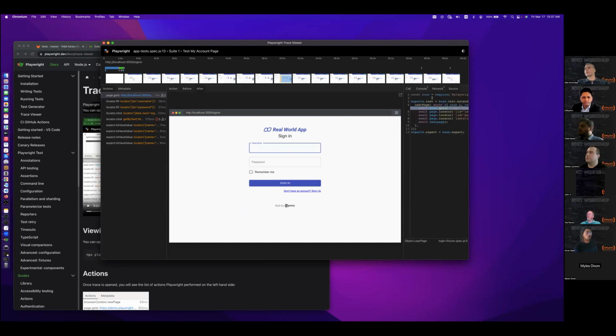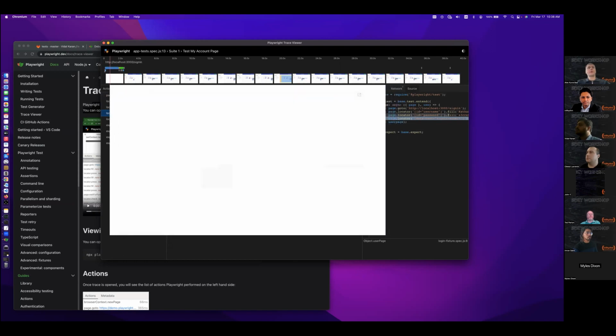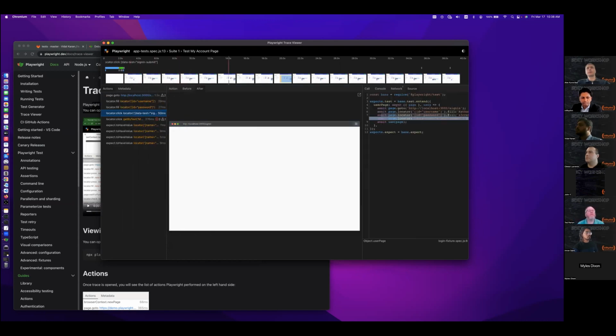And then the source code, which shows your test code and shows what line in your code each particular Playwright action corresponds to. And above, you can see the timeline of the test, which you can go through to see what was going on.